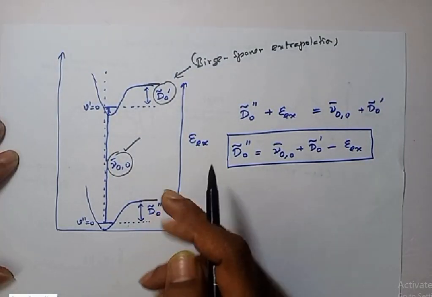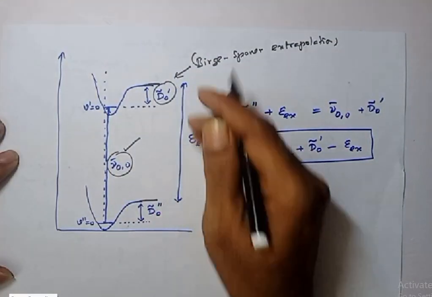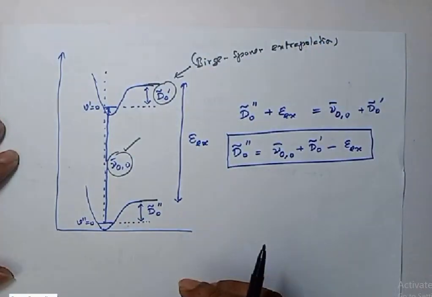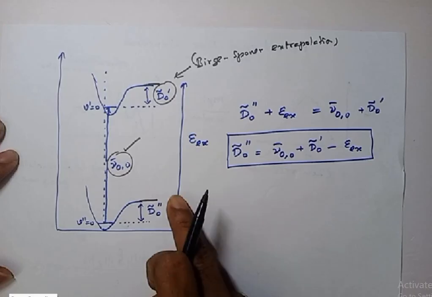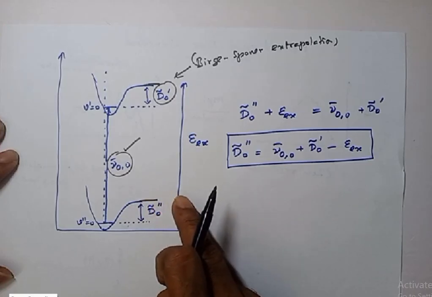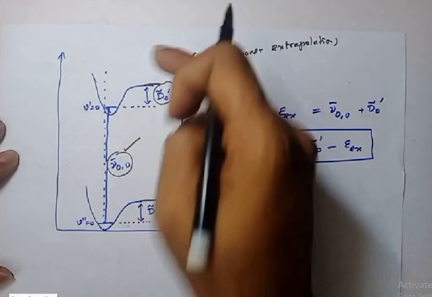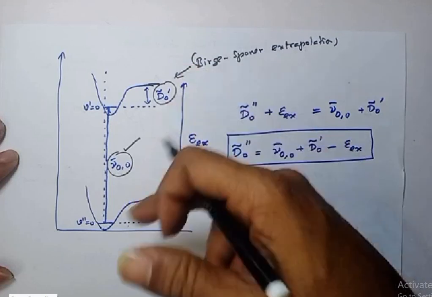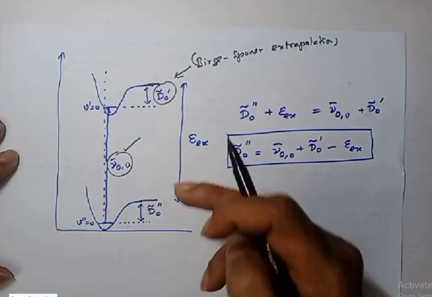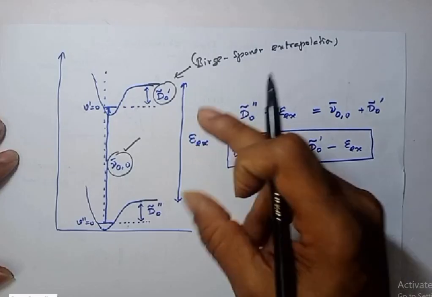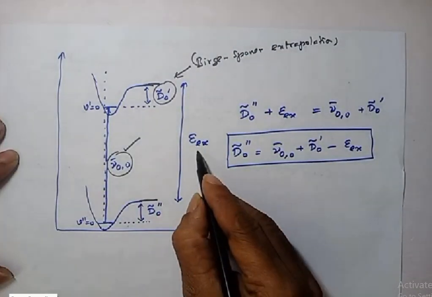Okay, so what does this gap indicate? This gap indicates the excitation energy of the atom. Here the atom is in a lower energy state, and the same atom goes here and becomes excited. So this atom and this atom are one and the same, but the energies are different. So we can say that this energy gap is the excitation energy of the atom, which we can obtain from the